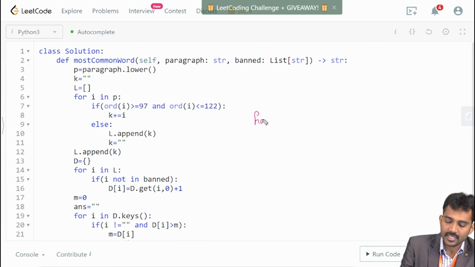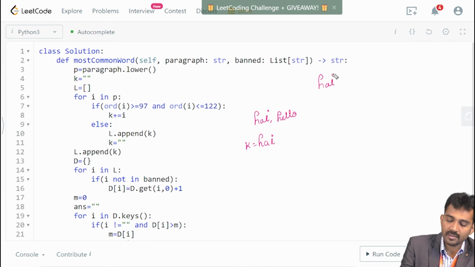I'll get a hi like this, hi, comma, hello. Then what happened? H, yes, it is in between, right? It is added to k. Next, I, it is added here. Next, I'll get a comma. This is not related to that, right? It is a comma, so it simply comes to here and adds that word, which means hi is added